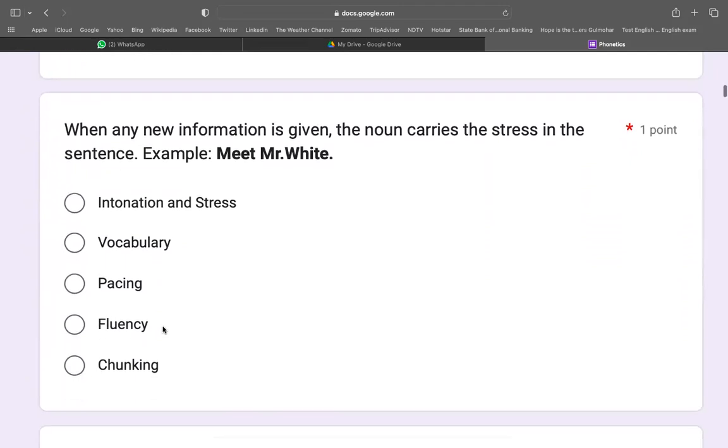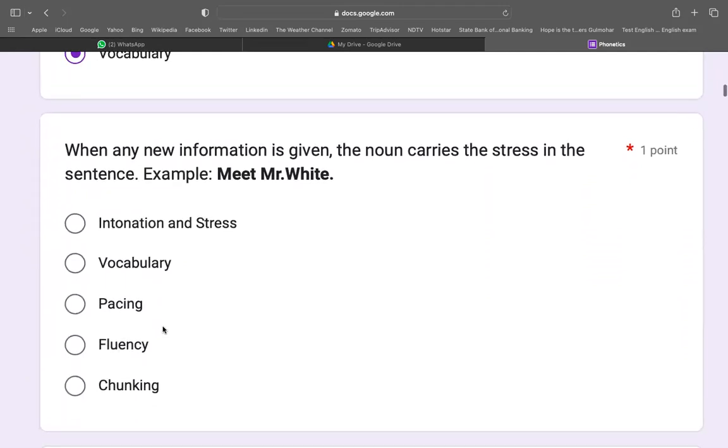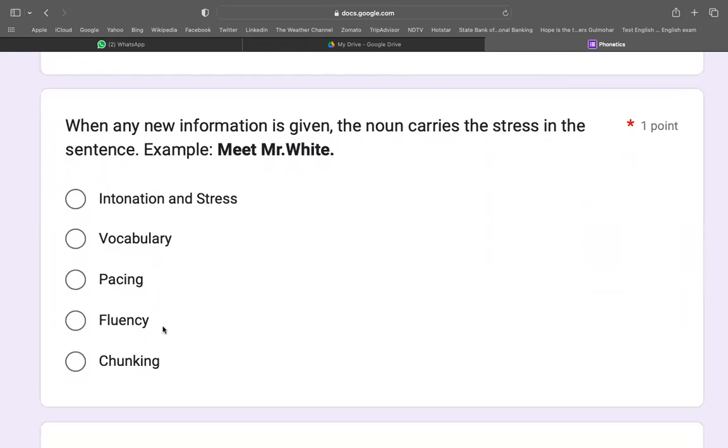Then it is called as when any new information is given, the noun carries the stress in the sentence. So कोई भी अगर नया इंफॉर्मेशन दिया जाता है जिसमें नाउन जो नेमिंग वर्ड है वो स्ट्रेस लेता है, और द नाउन कैरीज द स्ट्रेस इन द सेंटेंस। सो जब आप सेंटेंस बोलते हो उसमें जो नाउन है उसको हम स्ट्रेस मीन्स उसके ऊपर हम चिल्ला के और कॉल्ड एज मीन्स वी आर गिविंग स्ट्रेस टू इट।